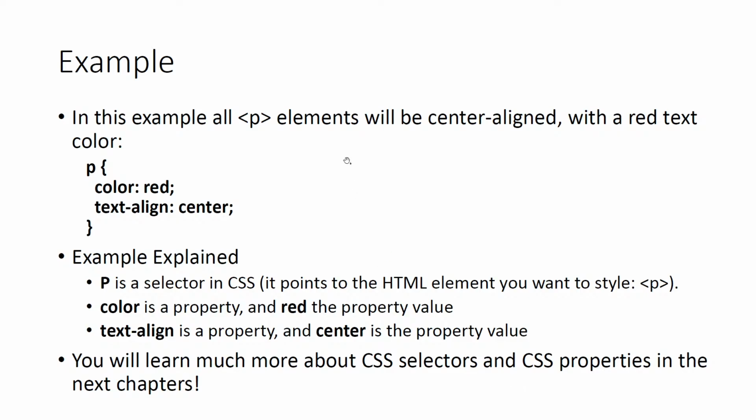So once we get all those paragraph tags, we are going to give them two styles. We're going to change the text color of the content of the paragraph tag to red, and then we're also going to align them centrally. So we're going to put them at the center of our web page. So P, or the paragraph tag, becomes our selector, and then the declaration block